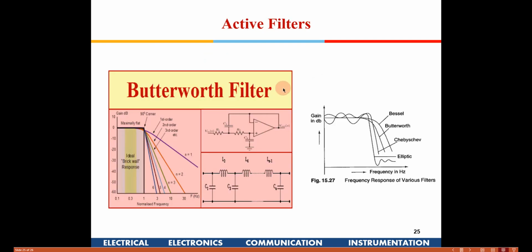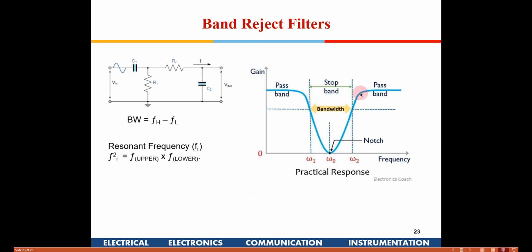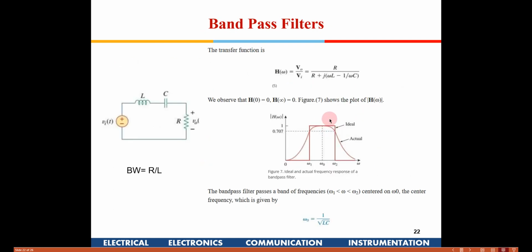Okay, so with that we come to the end of this class. But generally in practical circuits we don't use passive filters, we use active filters. Again the philosophy is the same. You have an active element in between, which is known as an op amp. Okay, this we will learn in our next course, which is analog IC design. Till now we were speaking only in terms of frequency, how these filters will either reject certain frequencies and allow a certain band of frequencies to pass through.